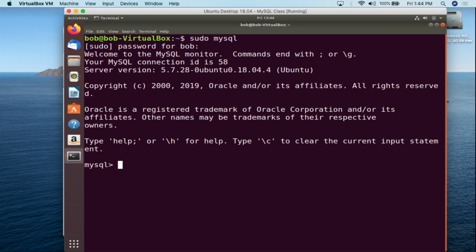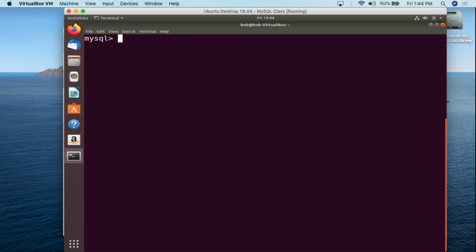Past this, we're going to do Control L to clear everything out. The first thing that we need to do is take a look at the users table. So we're going to select two columns out of the users table. We're going to select user, comma, and then host. These are two different columns out of the user table within the MySQL database. So we're going to select the user column and the host column from